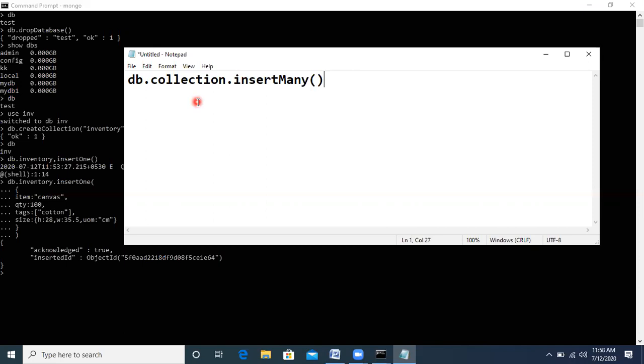So it will generate object ID for all the documents. For this, we will write the command like this. We already have a collection named inventory, and under the insert many function.